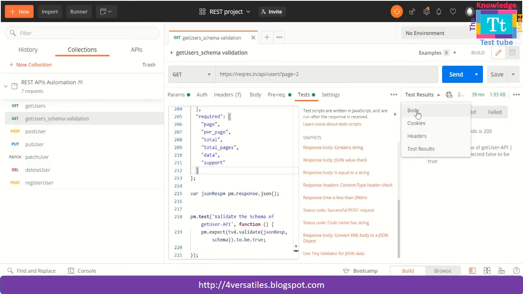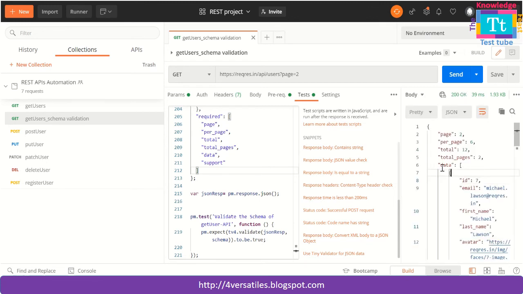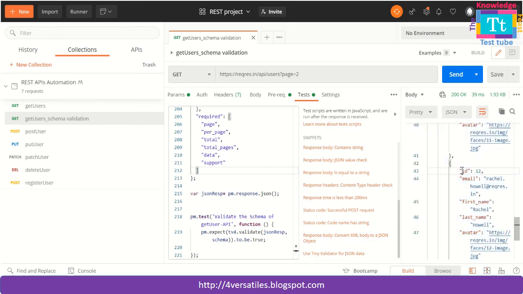Under data you have the first, second, third objects, and everything has the same fields: ID, email, first name, last name. So this is sort of repetitive, which you understand. This function has an intelligence that it can understand the repetitiveness also.